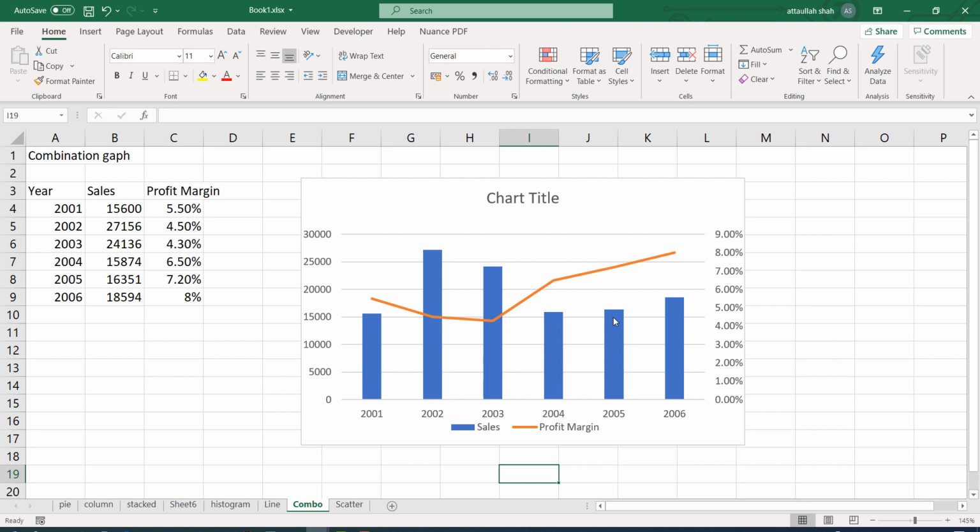So this specific combination chart has shown to us that we have been losing sales due to higher margin, but at the same time, if our ultimate objective is to have maximum profits, we have to identify the optimal level. So that was a side topic, but anyway, it gave us a good context where this specific chart will be useful.